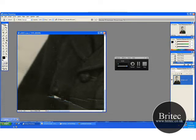A fair bit of dust on this photograph. That's one of the tricky bits to get rid of sometimes, when you don't see it until you go right in close. It looks okay when you print it out, it shows up. Let's try and